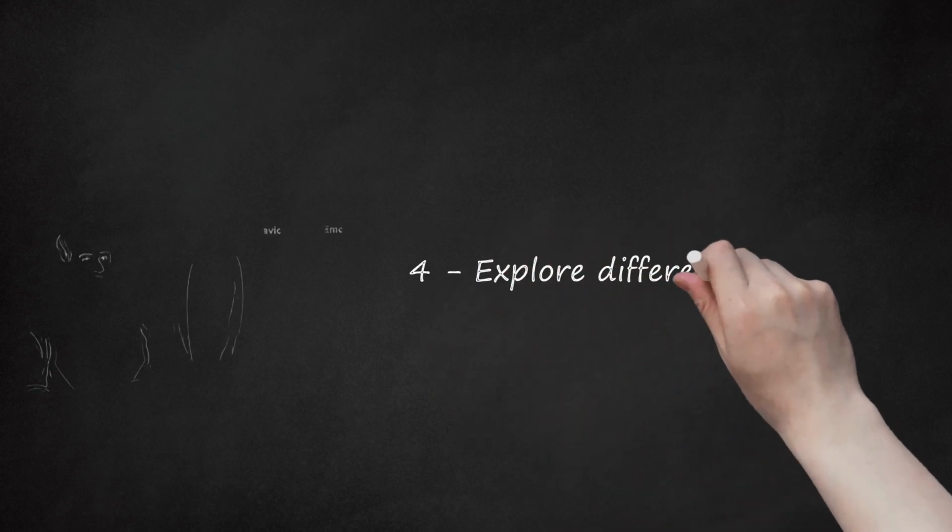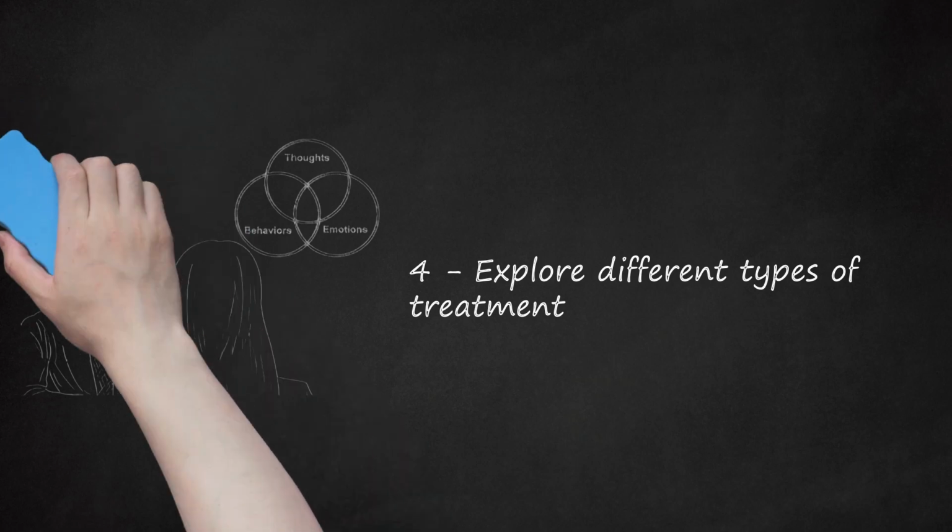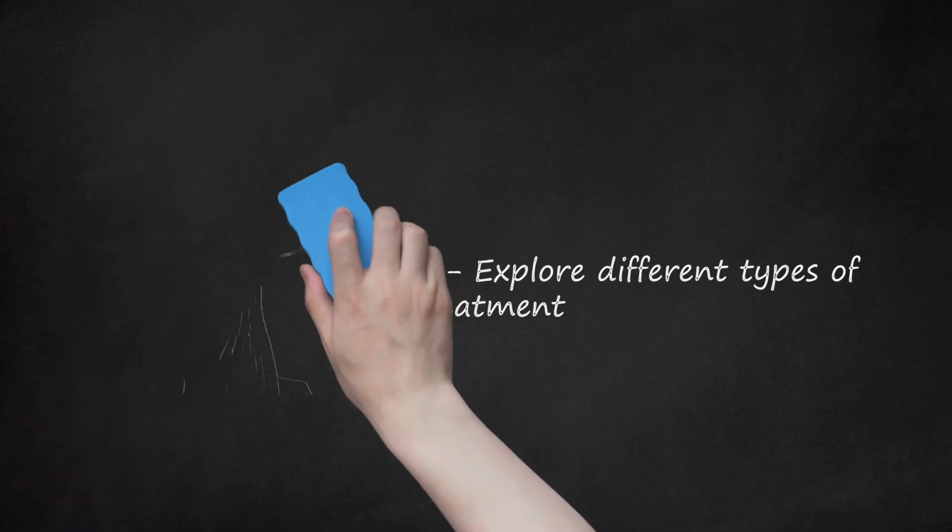4. Explore different types of treatment. Knowing what types of treatments are available can help you make a decision on what type may be best for you and your needs. Behavior therapy is a common form of treatment for gambling issues. This type of treatment uses systematic exposure to the behavior you want to unlearn, gambling, and teaches you skills to reduce your urge to gamble. Cognitive behavioral therapy, CBT, is another effective form of therapy which focuses on identifying unhealthy, irrational, and negative beliefs and replacing them with healthy, positive ones.